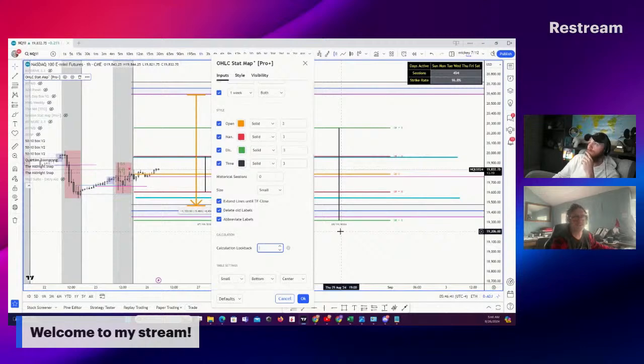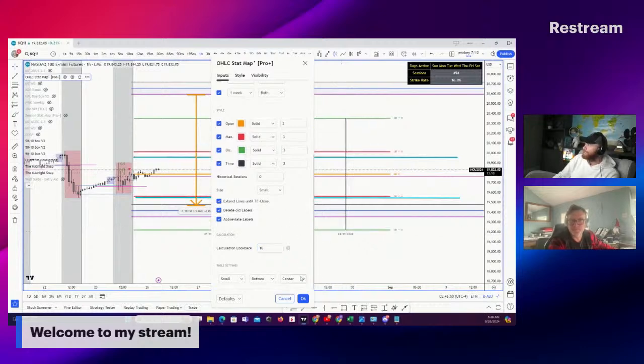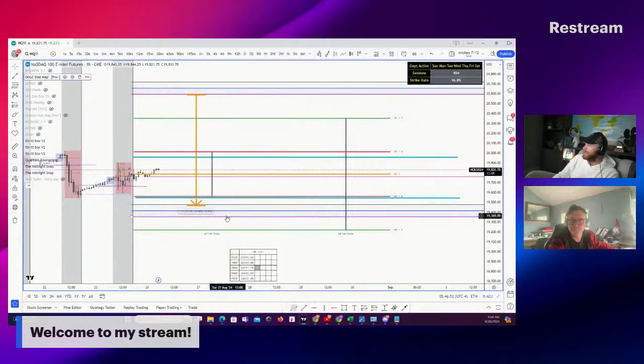A quarter is 15, 16 weeks. Well, it's 13, isn't it? But yeah, we'll do 16. I always do 16 for everything. So we'll do the last 16 weeks, right? And so we know that